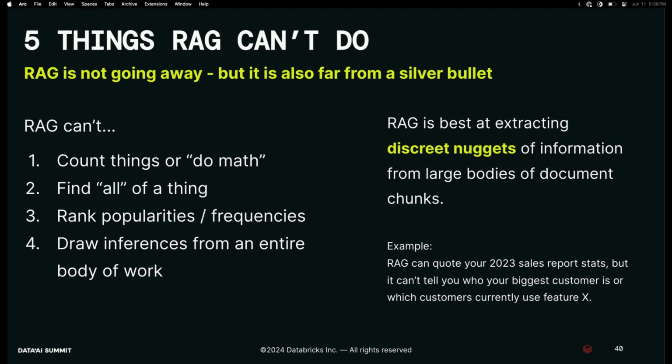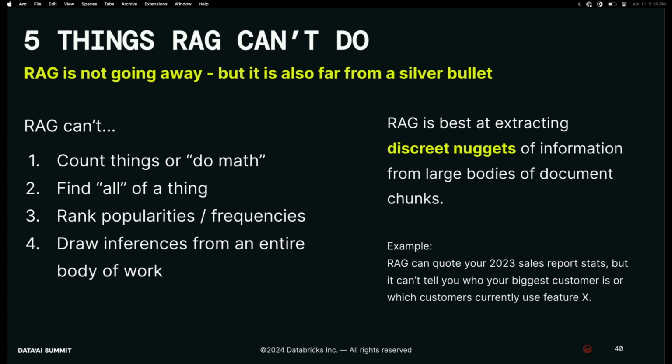If you don't know what RAG is, quickly, RAG stands for Retrieval Augmented Generation, and specifically it refers to vector stores. You're getting text blurbs or document chunks or documents that are similar to your question, similar to how a search engine works. So RAG is great at getting discrete nuggets of information. If I have a 200-page document and somewhere in that document is reference to Charles or plums, I can just ask a question about plums or a question about Charles, and I'll get the relevant chunks